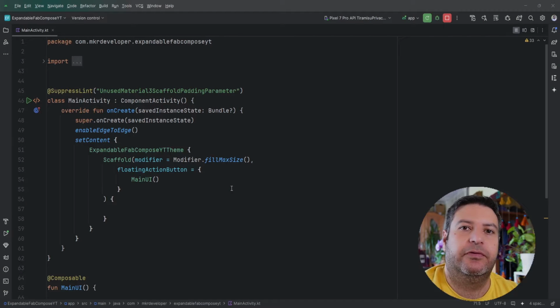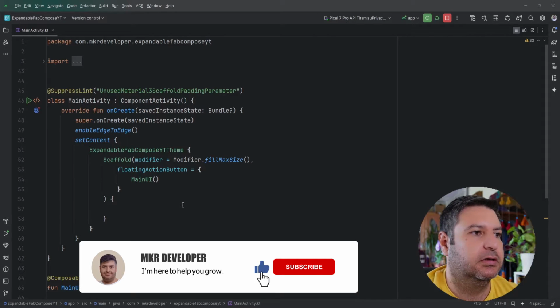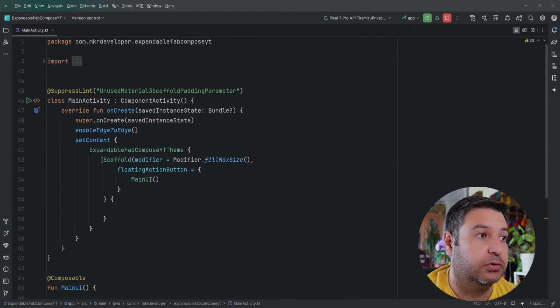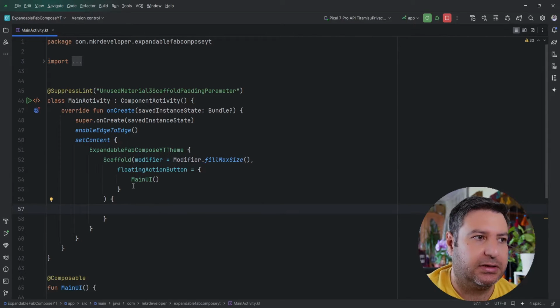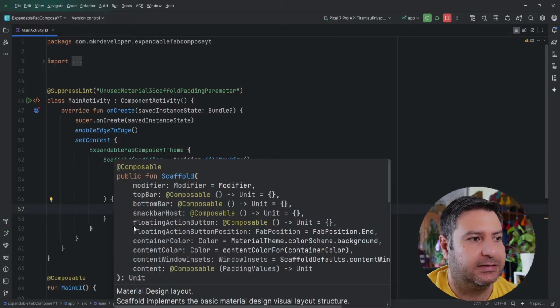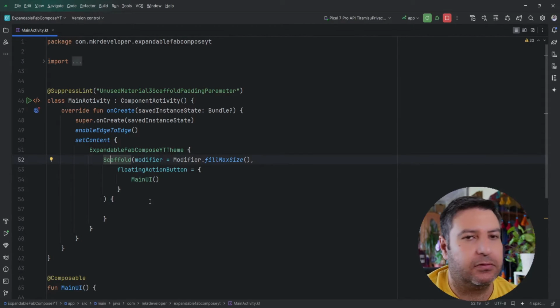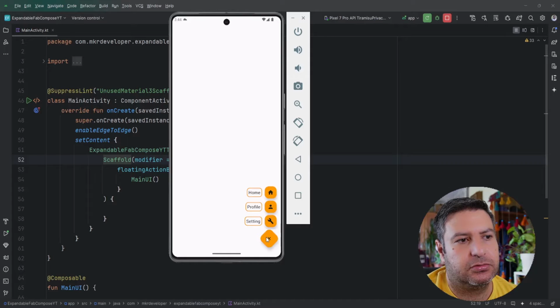Here I have a blank project, and if you are using the new version of Android Studio, you probably notice that instead of the surface here we have a scaffold, and the floating action button is a sub-branch of the scaffold, as you can see here. So directly we can use this scaffold and add whatever we want inside it. The main idea of this application is to have a